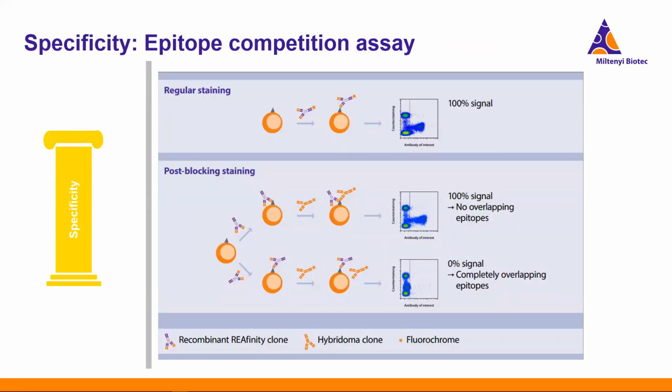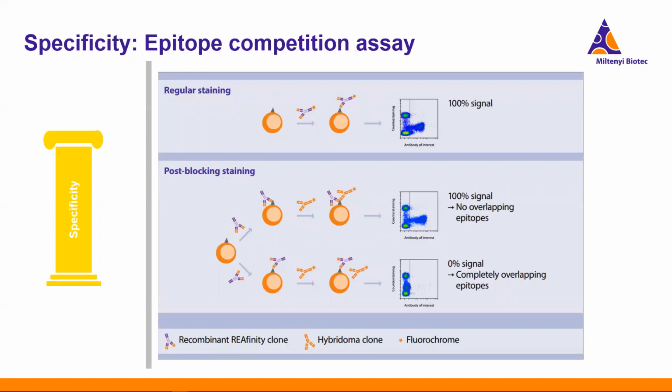And our antibodies, we gave them our own clone names indicated by RIA followed by a number. And obviously, users aren't generally familiar with our clone names if they're switching away from a monoclonal. But we do want to give you as much information about how they compare to the traditional clones. So to do this, we perform competition assays to tell you whether or not they stain the same epitopes. So regular staining here is shown on the top as a benchmark for this kind of experiment.